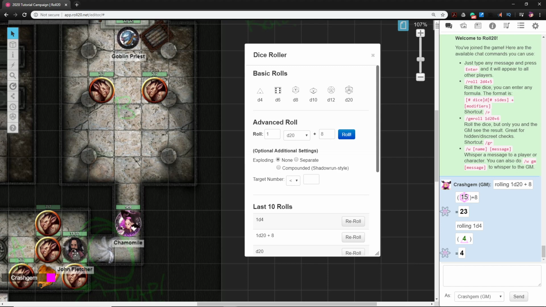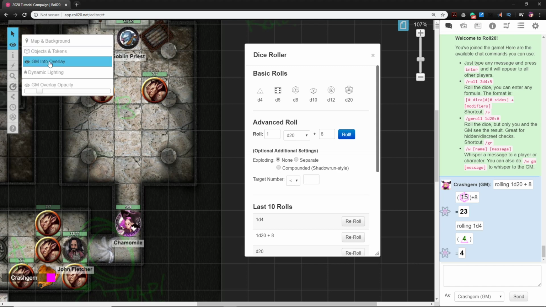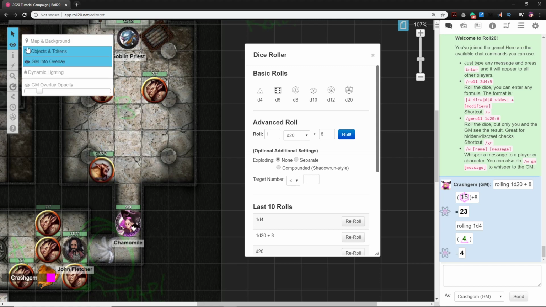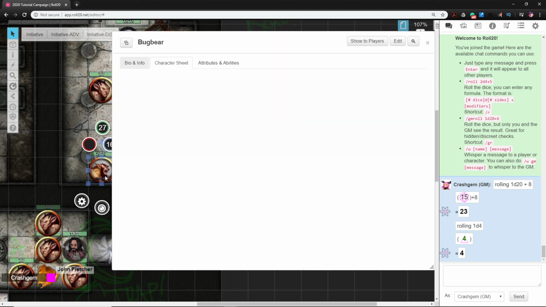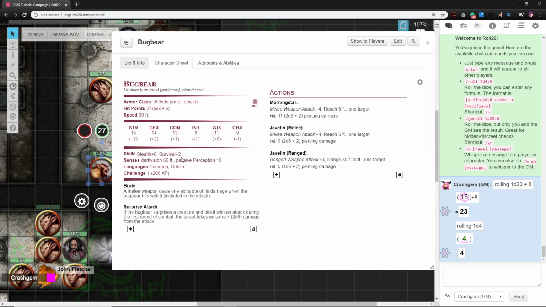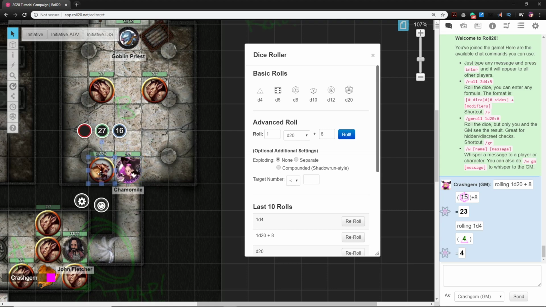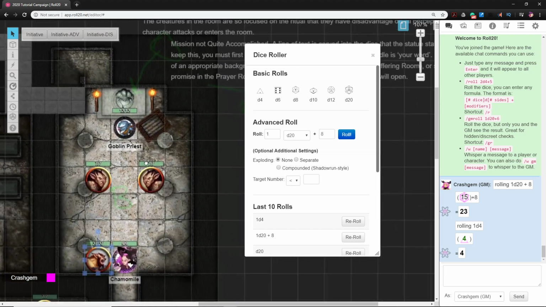Now, if they were intentionally being as quiet as possible, I would probably go to the DM layer and make the bugbear not hiding. Or if one of their passives was better than the bugbear's stealth, which is a 6, so his passive stealth is a 16. So if they had a passive perception of 16 or higher, I would say that they heard the bugbear around the corner, like breathing or whatever. So as Chamomile moves up, the bugbear would then attack from stealth. A crazy fight would go off. I don't think that they would win, but if they did, they would save the little boy, who we need